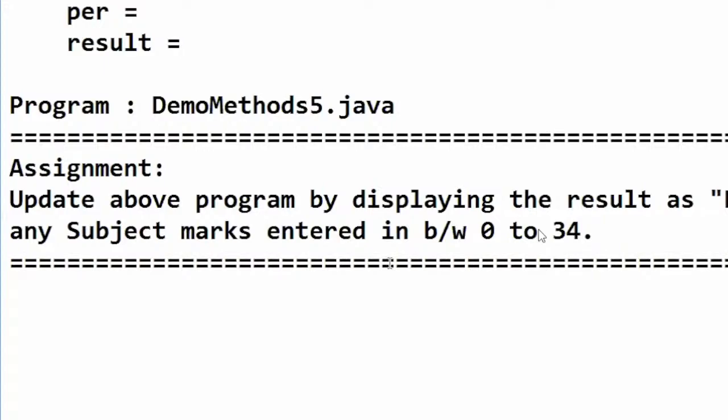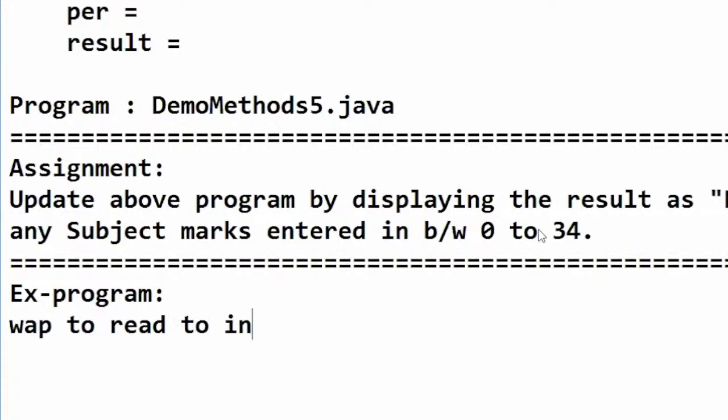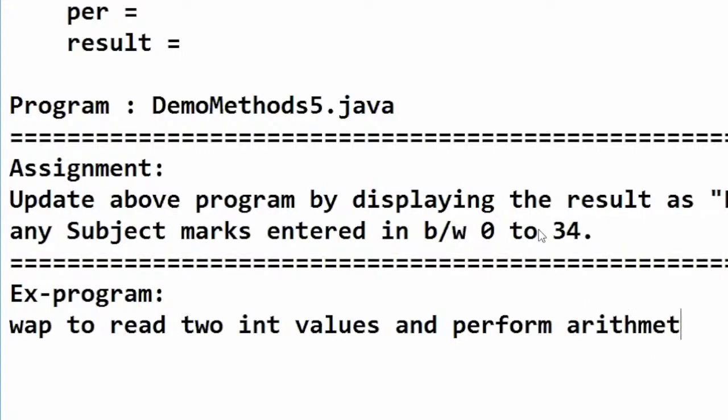Now I want to bring switch case. I want to bring what now? Switch case, right? For this, I am taking one example program. Write a program to read 2 int values and perform arithmetic